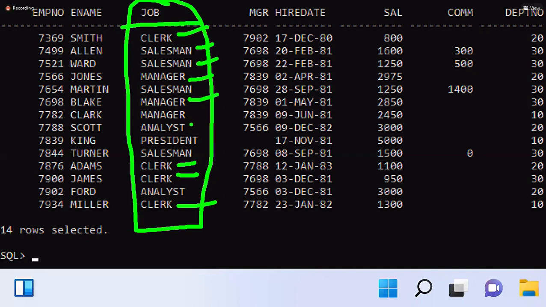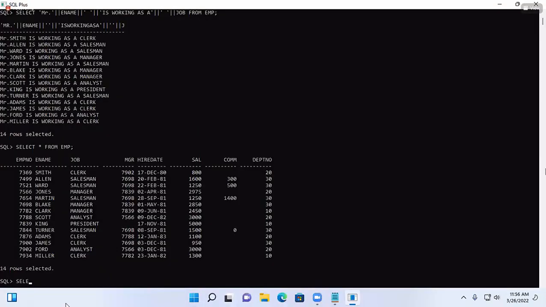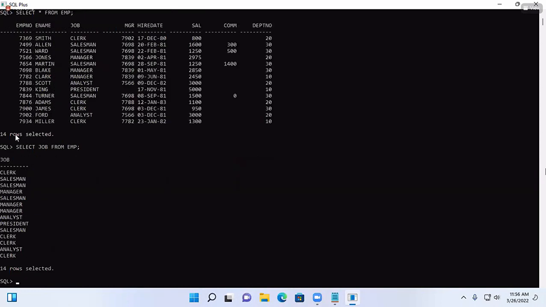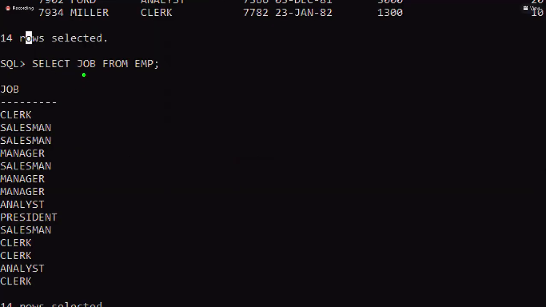Managers are repeated. Analyst is also repeated, but except president. So now if I want to call that specific column, then we are calling select job from EMP table. Then what happened here? We are just calling the job column, but we are not giving any restriction on this column. So whatever data was there in this column, all of it is displayed here,